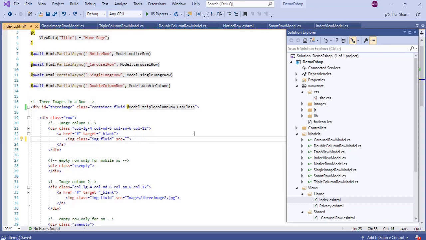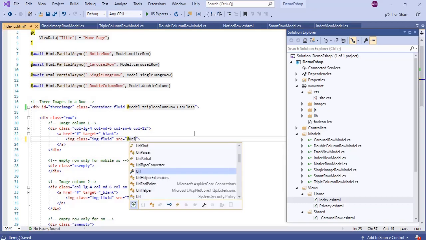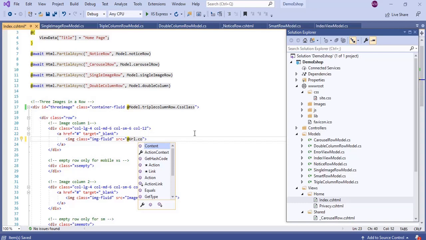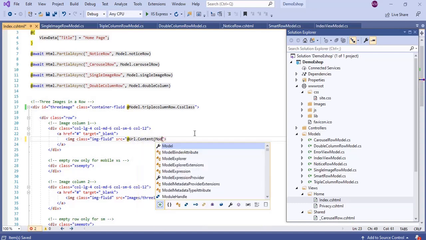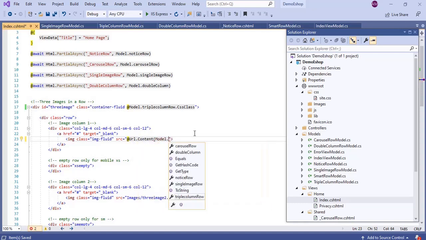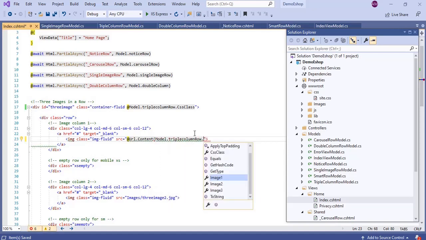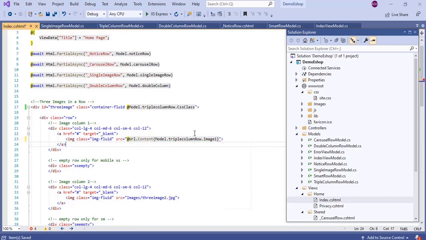For that we need to call Url.Content of Model.TripleColumnRow.Image1. Done. We are done with this.